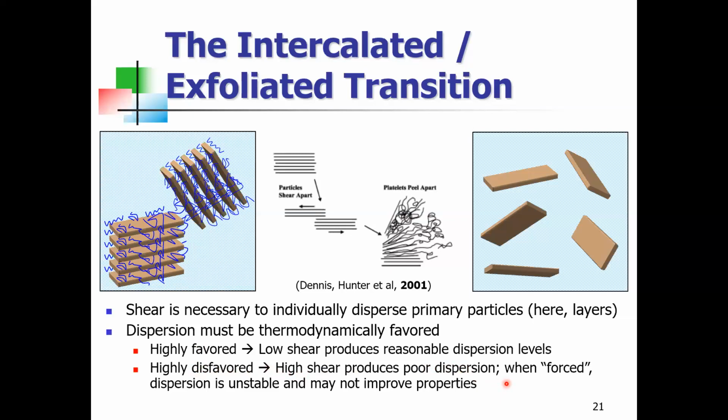And the instant the particles can move again, they will all come back together. And I've seen this happen before. So again, I can't say it enough. You need thermodynamic compatibility. This is why we do surface modification. This is why we look for polymer-filler interactions that are positive, because you really need that to make a good nanocomposite. And another point here, which we must not lose sight of, is you cannot get complete dispersion unless